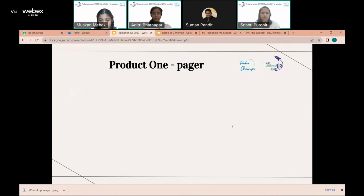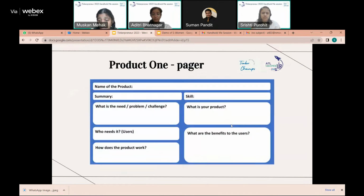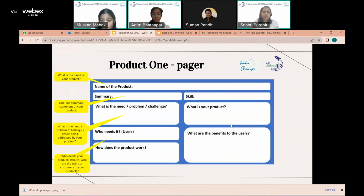And here is the product one pager. This is the first step to be done for building your product. A product one pager is nothing but a one-page description of your product. It answers some basic questions related to your product, such as the name, summary statement of your product, the need, problem, or challenge, desire being addressed, and who needs the product,